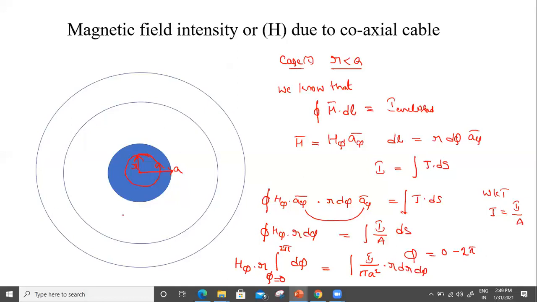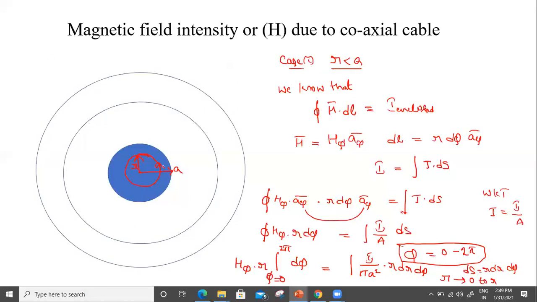According to the cylindrical coordinate system, we may write phi equals 0 to 2 pi. This is the limits of phi. Then dS equals r dr d phi. And here the limits of r vary from 0 to r. Sometimes it may be 2 units, sometimes 10 units, sometimes 15 units. That depends upon the radius of the conductor. Now let me simplify this.